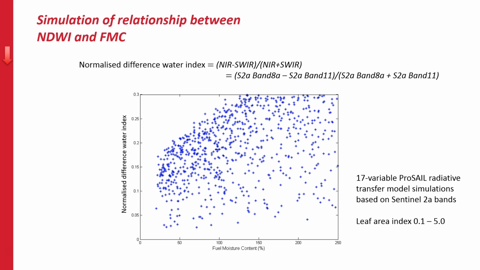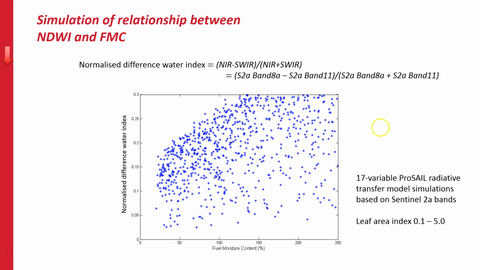And what this figure shows is a set of simulations based on the ProSail model, which shows the relationship between fuel moisture content and something called the normalized difference water index, which is normally a ratio of near-infrared and shortwave infrared wave bands. The index at the top shows the bands from Sentinel-2A that were used in these simulations. And as you can see, in this simulation, where we allowed leaf area index in the canopy to vary between 0.1 and 5, there is very little evidence of a predictive relationship between the vegetation index and fuel